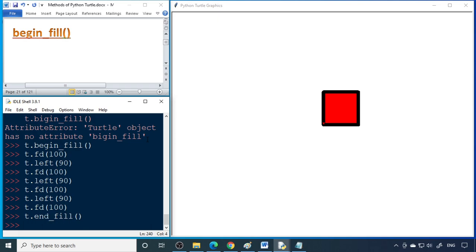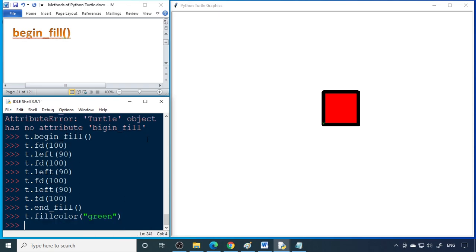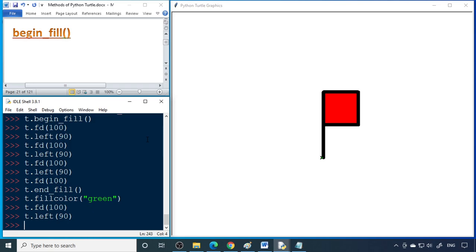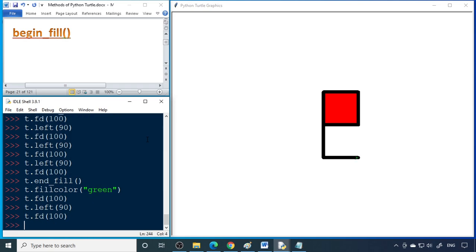So again you want to fill one more square with the green color. T dot fill color. So now you can give the color name green. So move forward. Then take a left turn. Move forward. Sorry, we have not said begin fill.